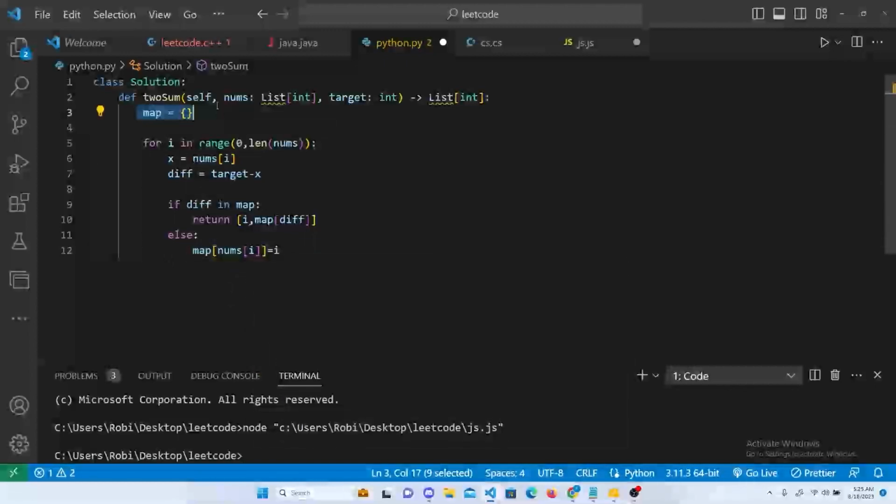So we are creating a map. We are iterating through the whole array. We get each and every number, and we need to get the difference. So we are going to subtract the current number from the target, and we need to see if we have the difference in the map. If we have the difference in the map, we can return the current index and the index of that difference,